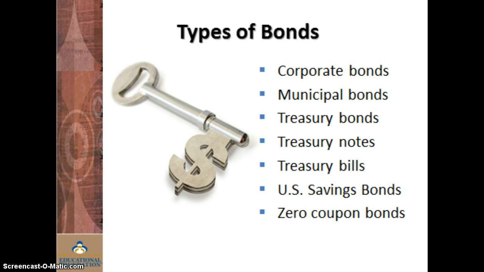Types of bonds. Bonds can mature at different times. They can be short term, less than 5 years, intermediate term, 5 to 10 years, or long term, more than 10 years. Corporate bond, a bond issued by a corporation. Municipal bond, a bond issued by state, city, or local government to finance operations or special projects. Generally, the interest earned is tax-free.